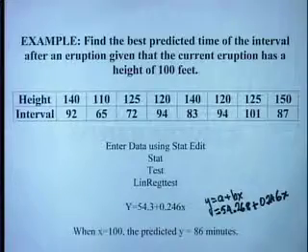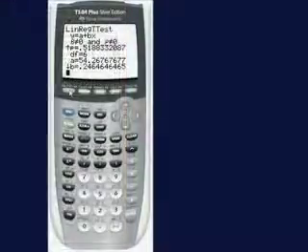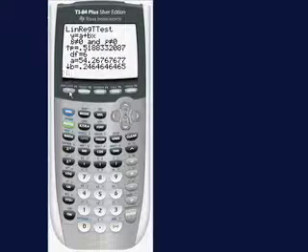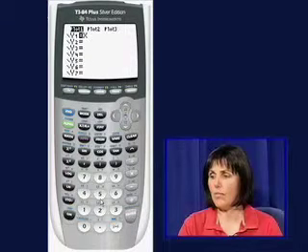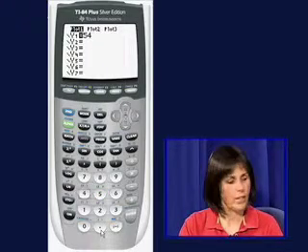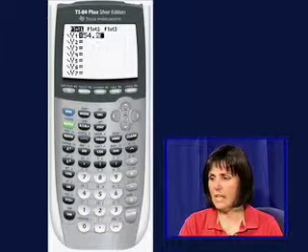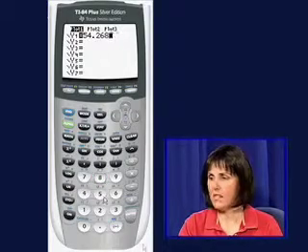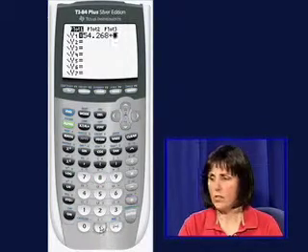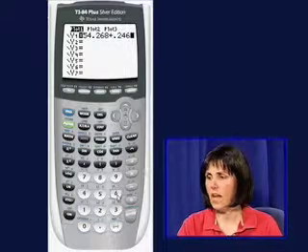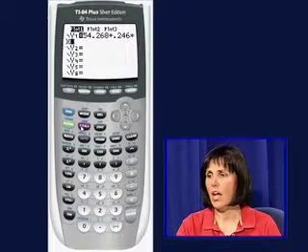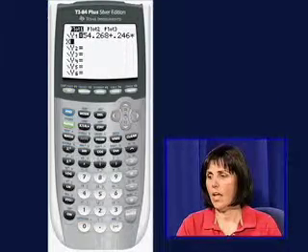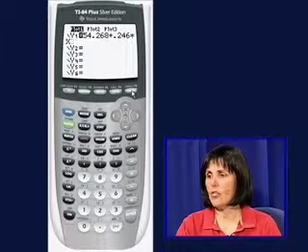Now, I'm going to go back to my calculator. What I will do is I will pick y. This is where I can enter a formula. So I will enter the formula for my regression line, which happens to be 54.268 plus 0.246 times x. And x is taken from that button of variables. When I go back to graph,